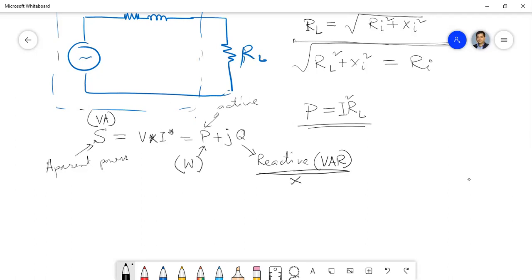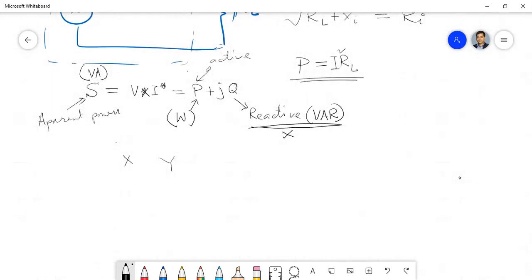Just a minute, say that once again. Sir, for example, there are two houses, house X and house Y, and both are using the same CSC connection and an equal number of appliances for an equal amount of time. But when the CSC bill comes, one house has a bill of 2000 and another around 2200. Sir, why is there this difference of 200 rupees? Should this difference be related to the voltage supply or power factor?